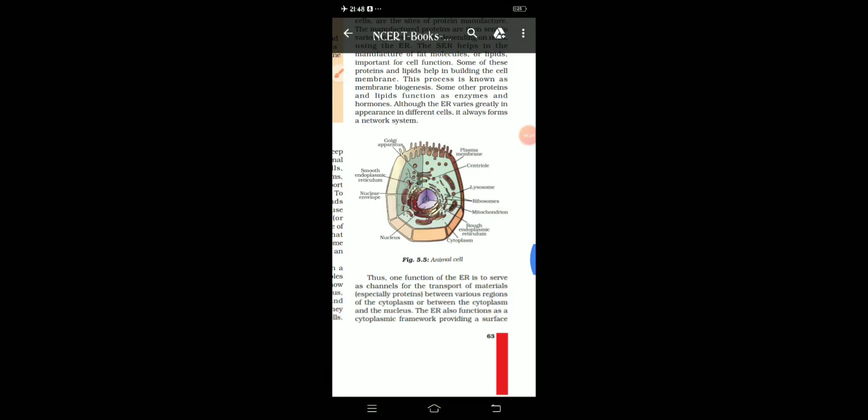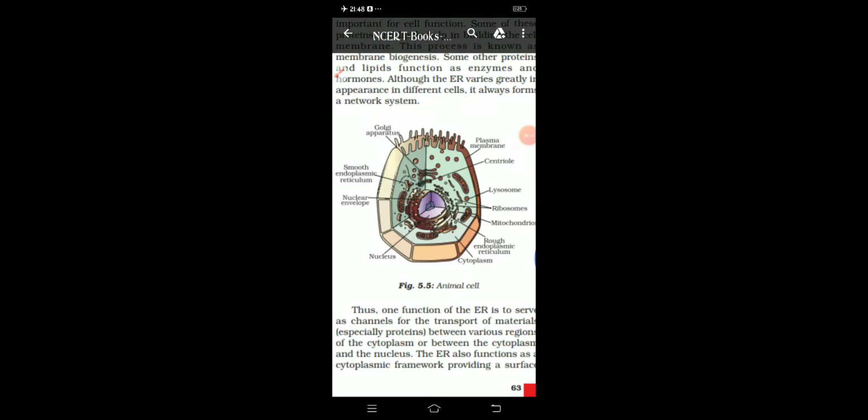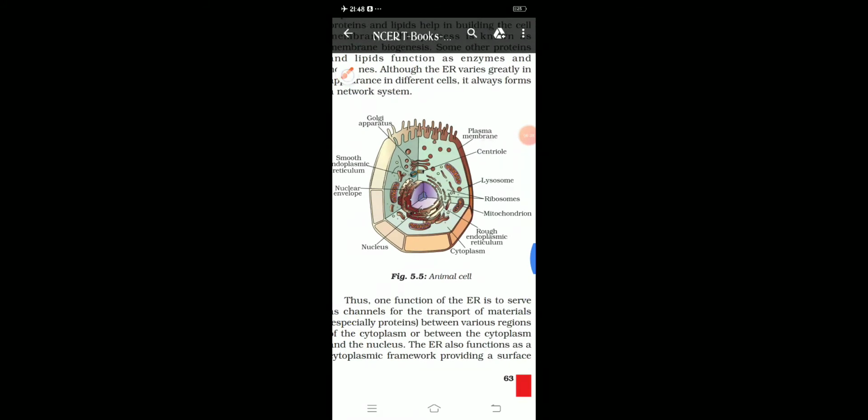So student, let's take the diagram of the animal cell from your book. Here is the diagram, student. You can see the animal cell, and you have to mark the asked organelles. Here is the plasma membrane, so you can write plasma membrane, and mitochondria here, and rough endoplasmic reticulum is also asked. These are very important cell organelles which you have to